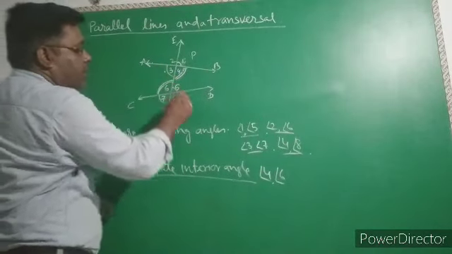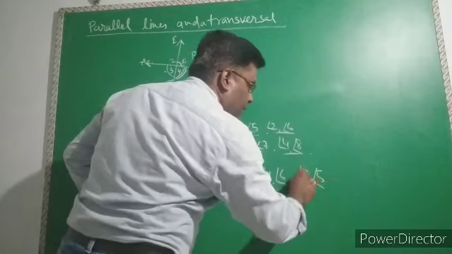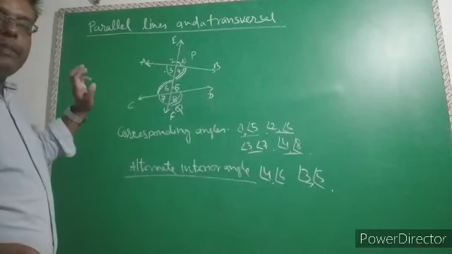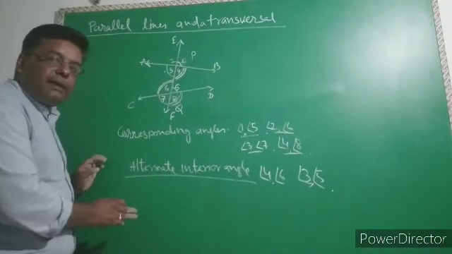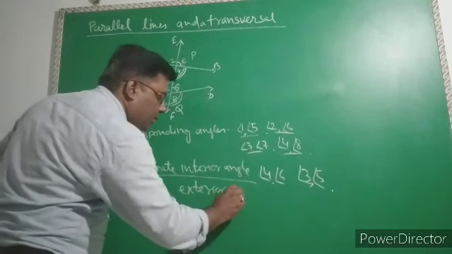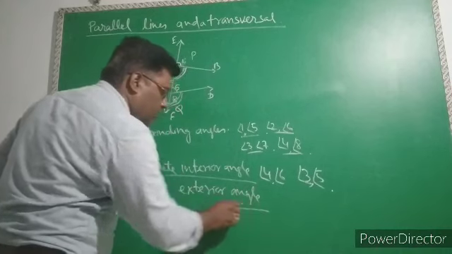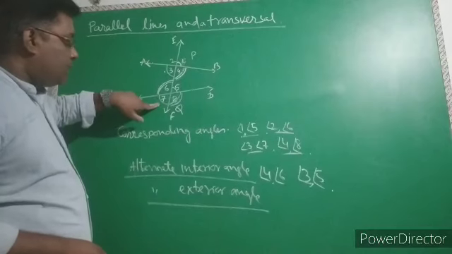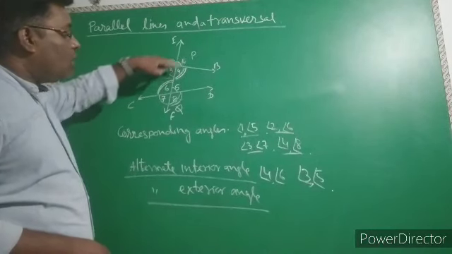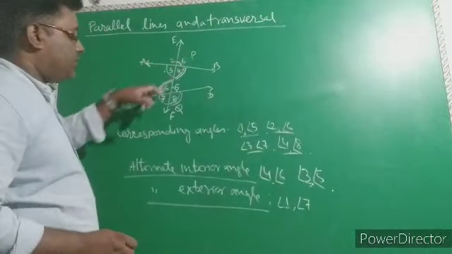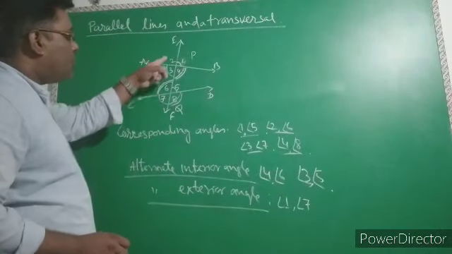Similarly, 3 and 5 are called alternate interior angles. Similarly, alternate exterior angles are also there. Angle 1 and angle 7 are exterior angles but on opposite sides. So angle 1 and angle 7 are a pair of alternate exterior angles, and 2 and 8